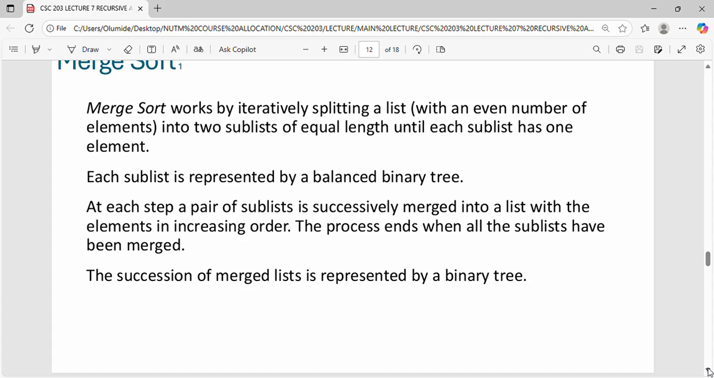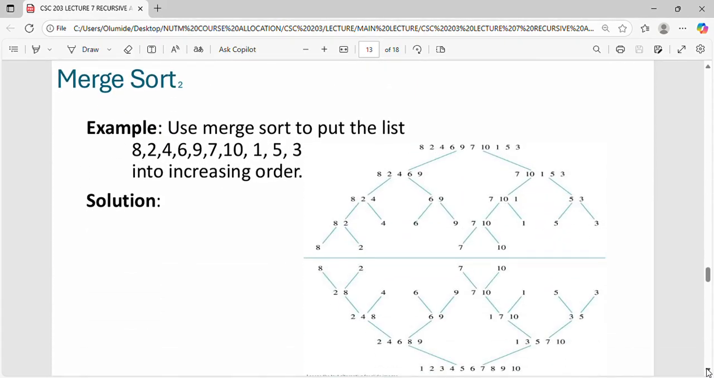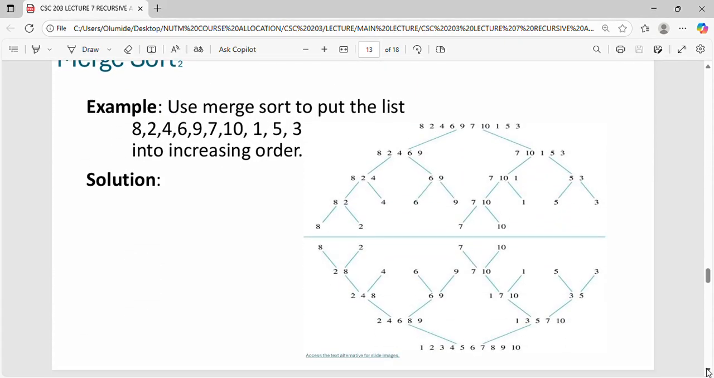The process ends when all sublists have been merged. The succession of merged lists is represented by a binary tree. Let's look at what that means. Initially, we have 2, 8, 2, 4, 6, 9, 7. All these, they are even. That is 10